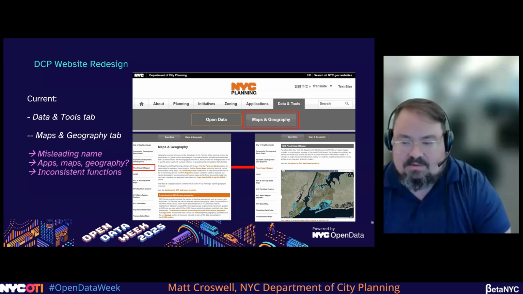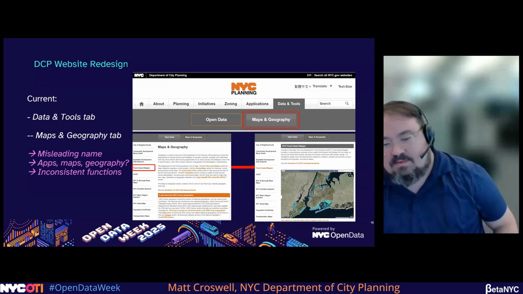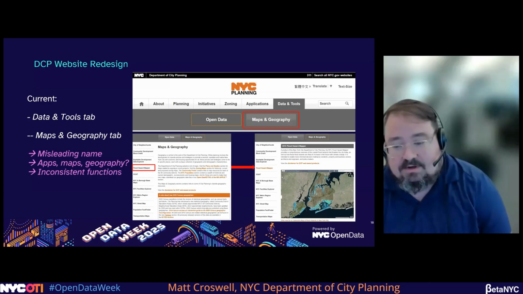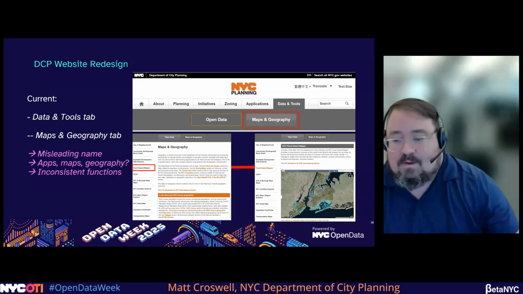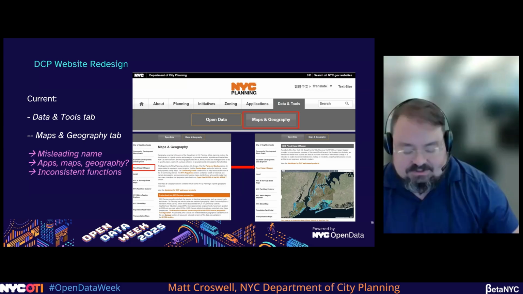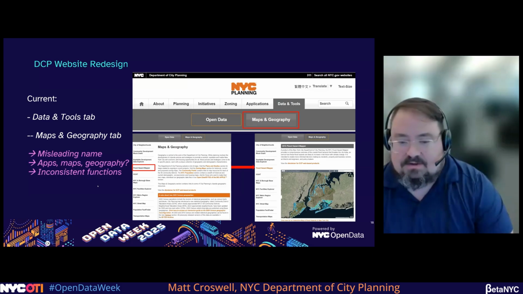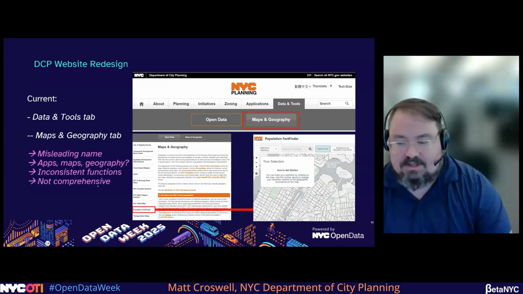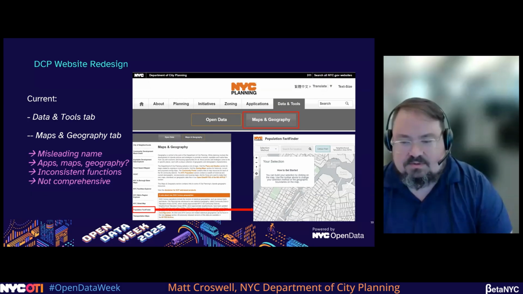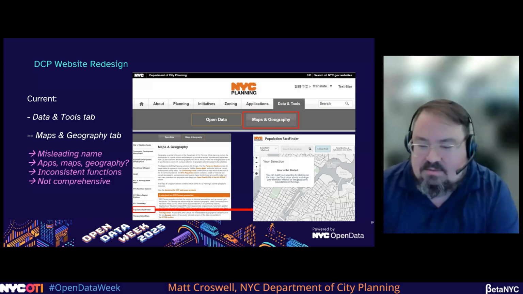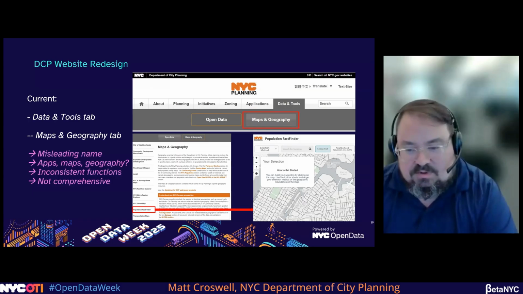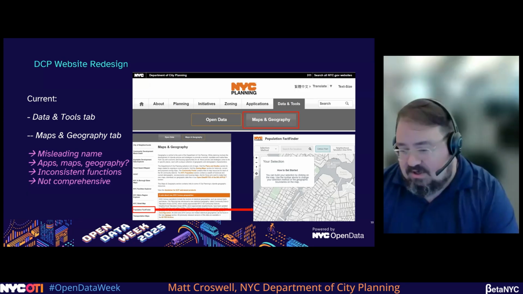If you clicked on a web app link like Zola or Flood Hazard Mapper, an image with info would appear, and the user would have to click on that image to then gain access to the app. Others, like the Population Fact Finder, you click on it and it would go directly to the app. Another issue with this tab was that it was not comprehensive. So web applications like Capital Planning Explorer or Zoning Application Portal were listed on other parts of our website, but